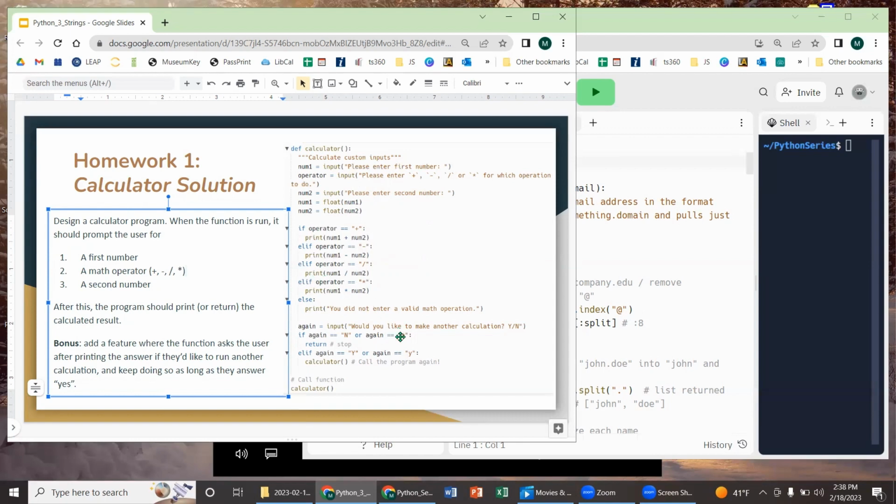And then finally, at the end, I put a little bit of code so that if we want to keep running calculations, we can ask that question. If someone says no, then we just stop the function, which we do on this line. And elif they say yes, or y in this case, I just call the function again inside the function. That gets a little complicated, but we can do that. It just keeps running the function again from inside itself until eventually we say no, and then it